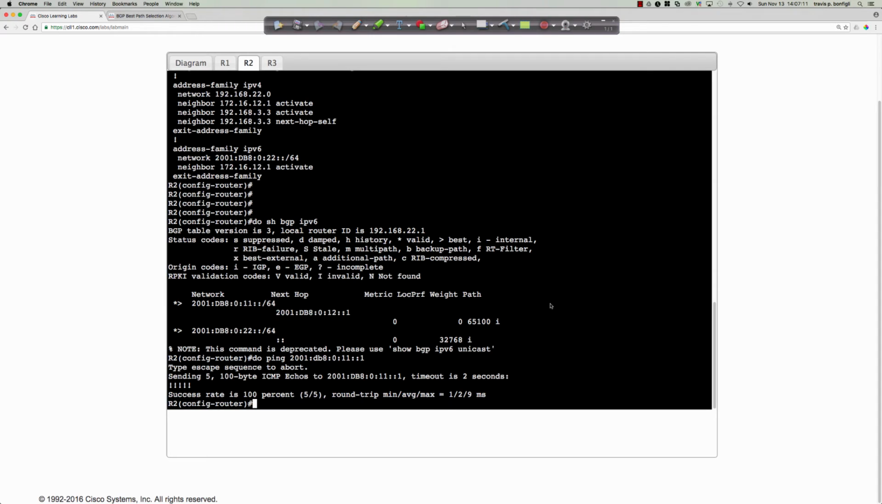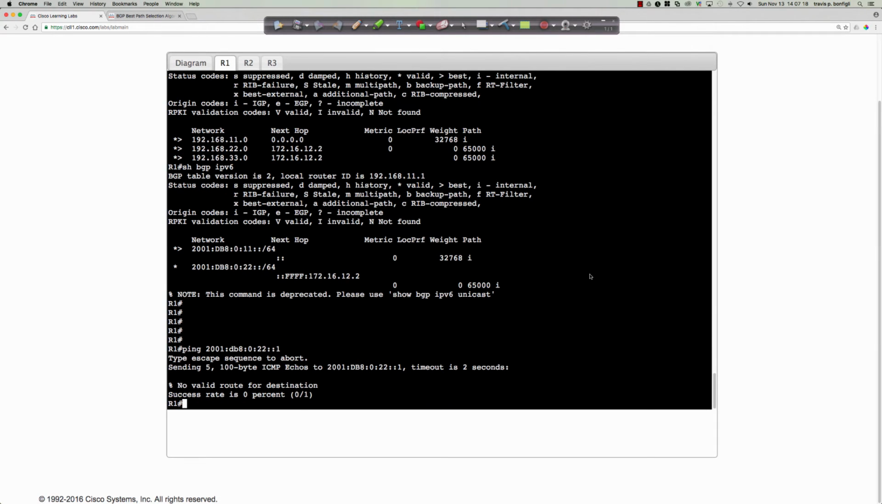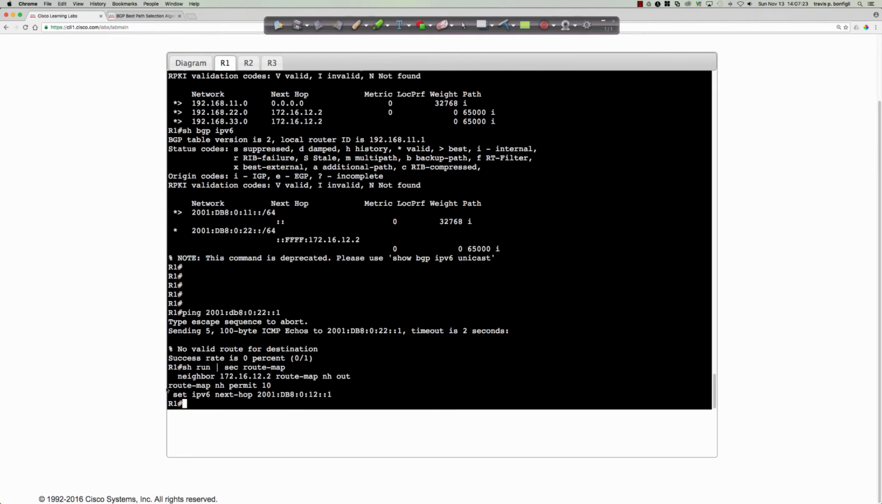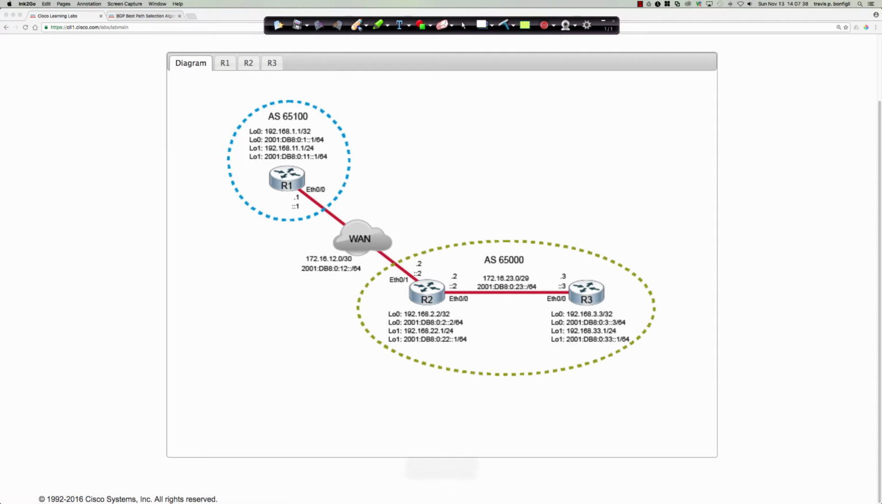But the only reason that we know about that next hop is because in the outbound direction on R1 show run section route map, we created a route map that manually sets the next hop, and then we apply that route map in the outbound direction. So what are we doing? Well, let's take a look at the map and let's talk through this. So this is what's happening with that route map, right? And this is going to be problematic when you do